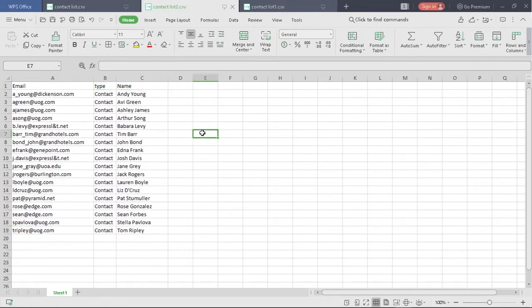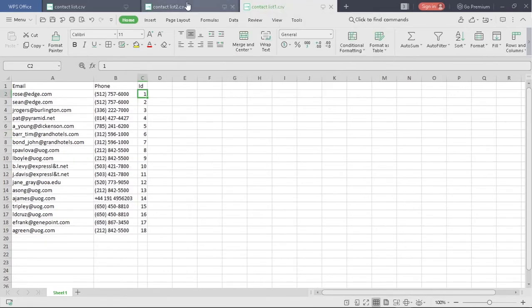So what I want is to combine these two files into one file, based on the email. Obviously, email will be the base or key parameter to join these two files.